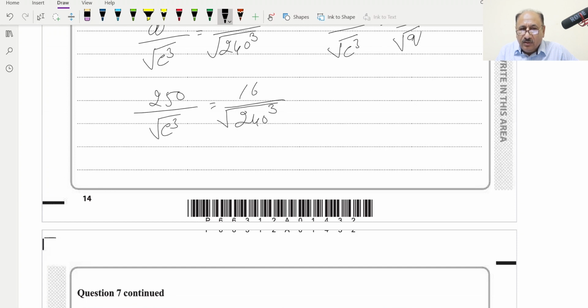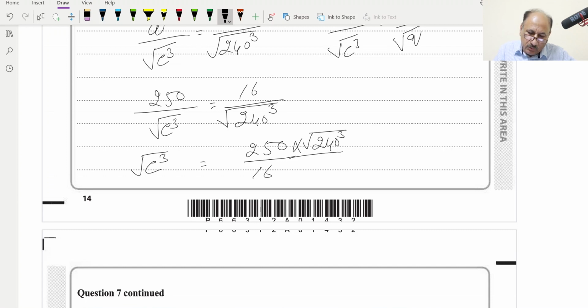Now we can shift everything to one side. Basically we want to make c the subject, so c cube under root will be equal to 250 over 16 and multiply by 240 cube under root. This will be our value. Now to get rid of this root and cube, we will take power 2 by 3,